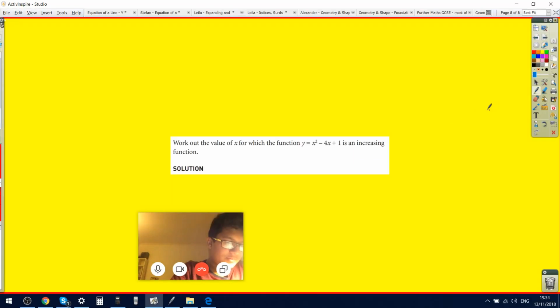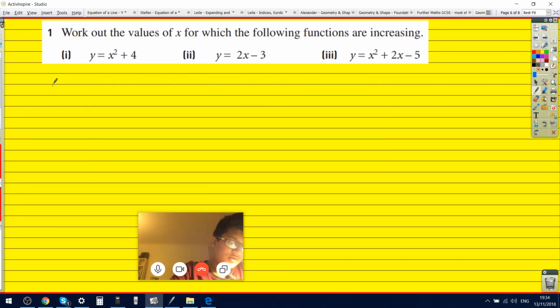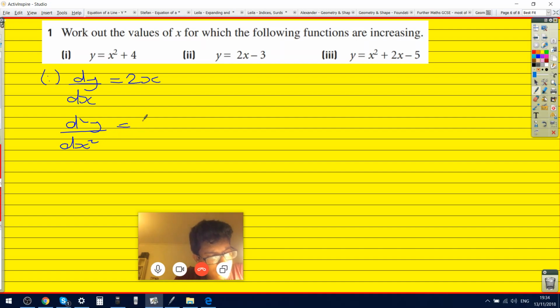So dy by dx is 2x. We need d squared y over dx squared, which equals just 2, I think. And so